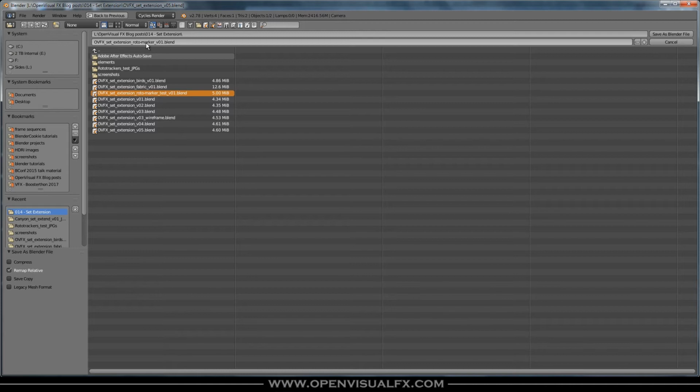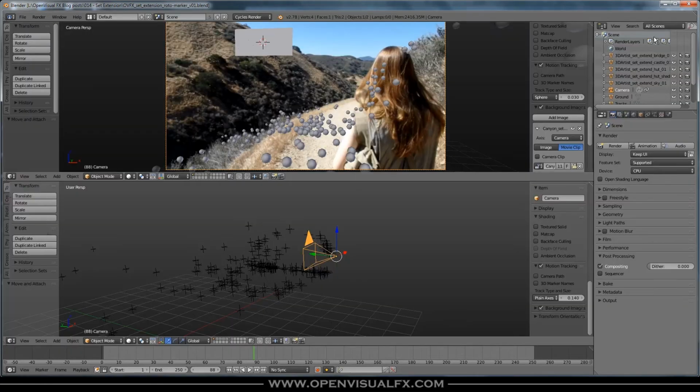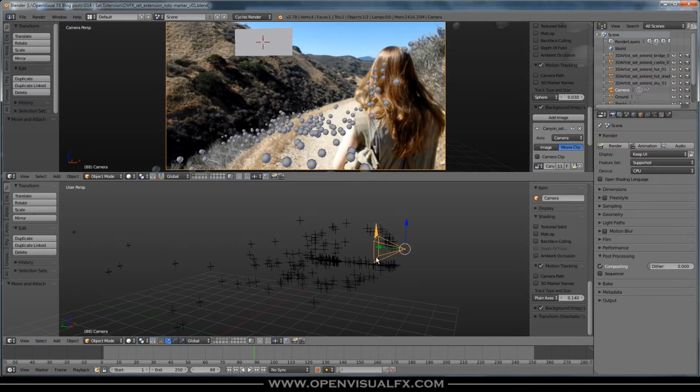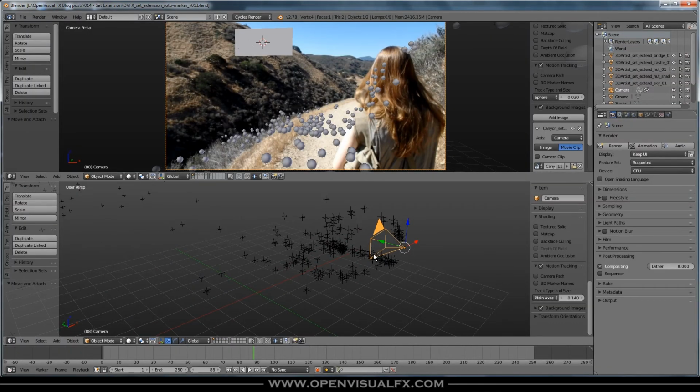I'm going to call it Roto marker because what we're going to do is create markers that we can then track to get tracks that run through the whole shot that we can then parent our rotos to. So we're basically creating a render of markers for rotoscoping. So I'm calling it roto marker 1, save as. Now we can do whatever we want to this file. Anyway,